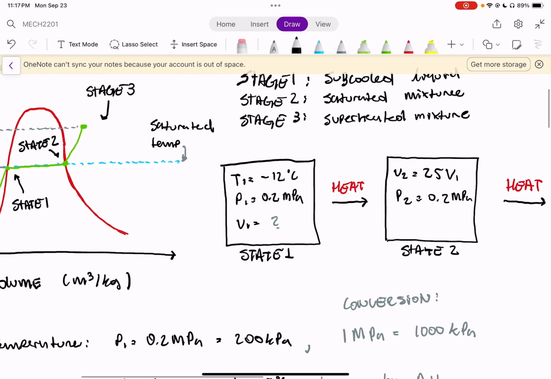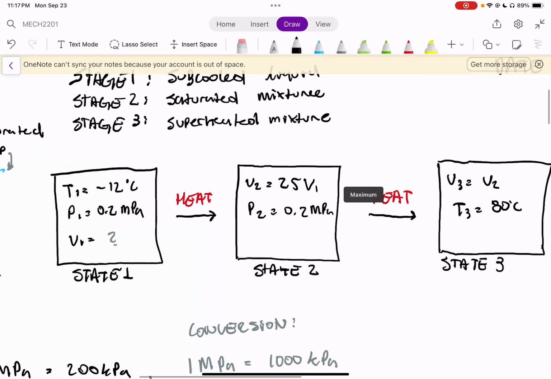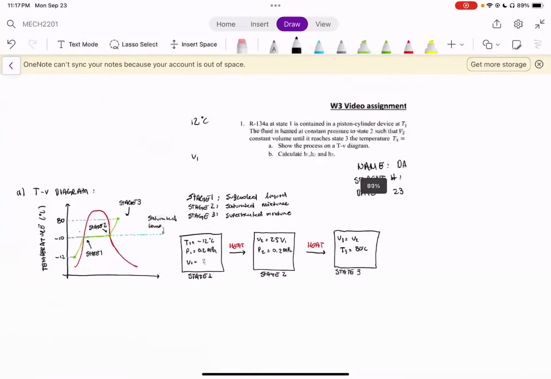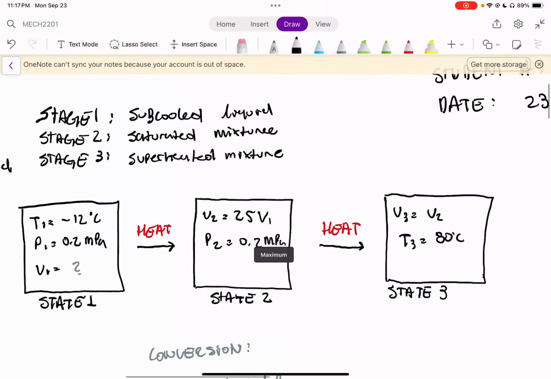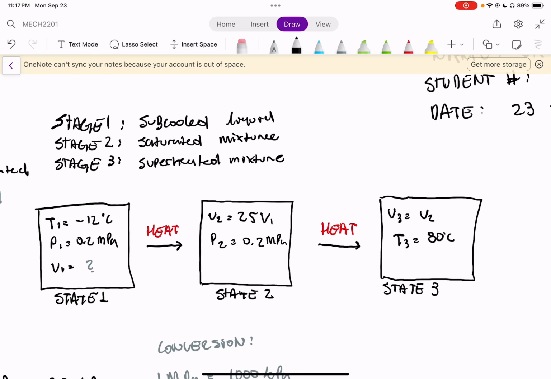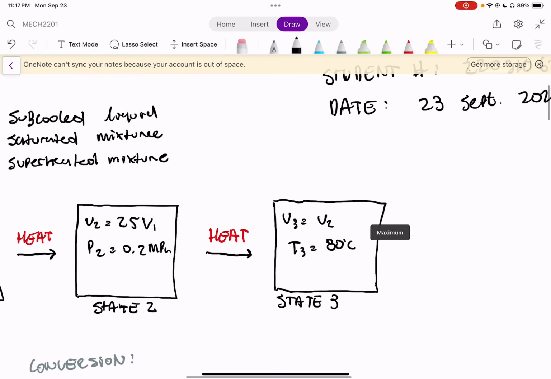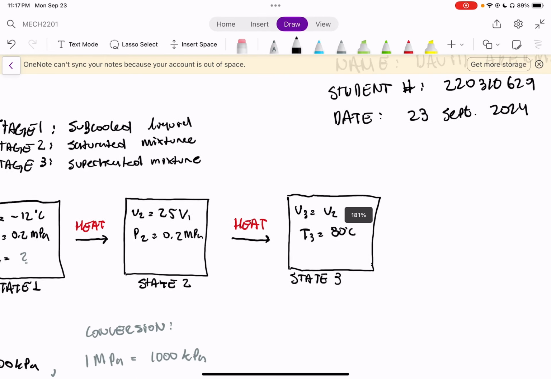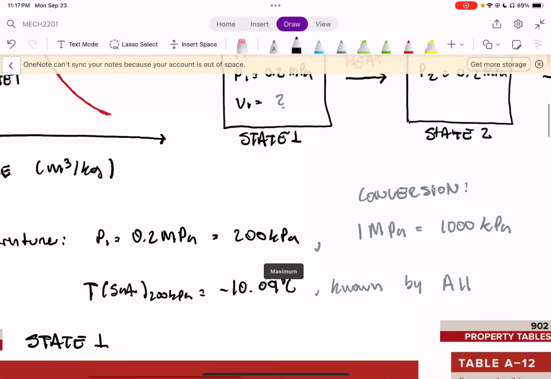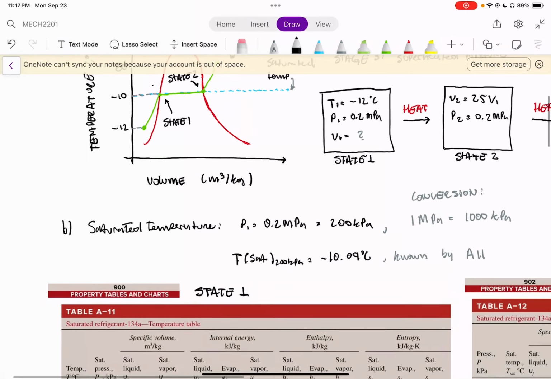When we add heat, it goes into volume 2, where volume 2 is 25 times volume 1, which is given right here. And pressure 2 is still the same, which is 0.2 megapascals. And when we add heat to stage 3, the volume 3 equals the volume 2, and the temperature is now 80. So now we're working through the stages. The saturated pressure, I'm sorry, P1, is 0.2